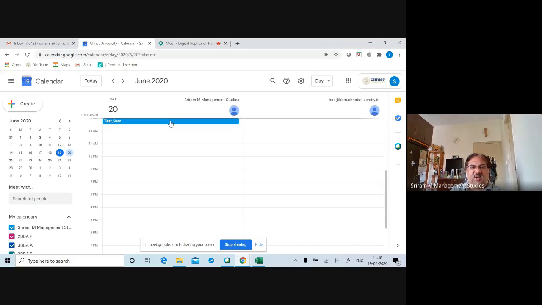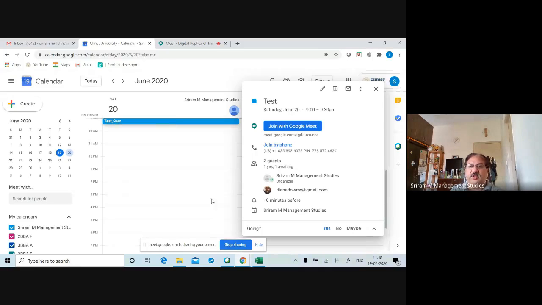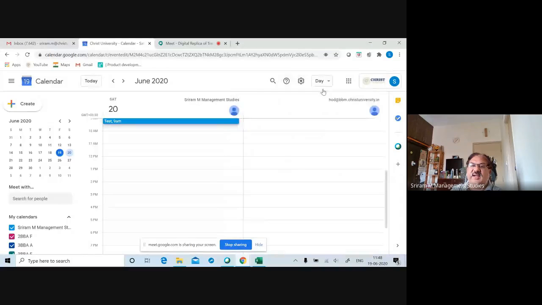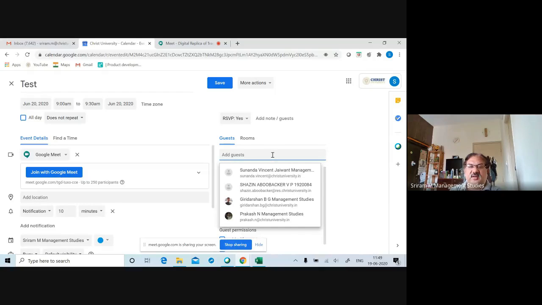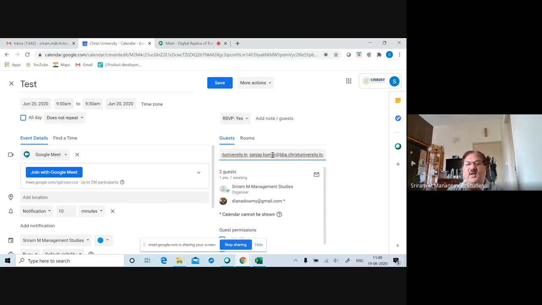Okay, now I'll go back to the same meeting, because you can edit these meetings. Edit is the option on top, the pencil kind of symbol. You can edit that. It will go back to the same meeting, and you can just press Control V. Now automatically that entire set of emails has been pasted in one shot.